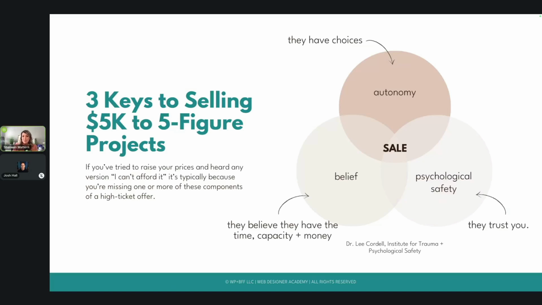And then the third piece of mitigating risk for clients, or the key to being able to more easily sell projects, is autonomy. Your clients need to feel like they have choices, like they have options, like they are never trapped or backed into a corner. And so when you're having this initial discovery call and you're putting